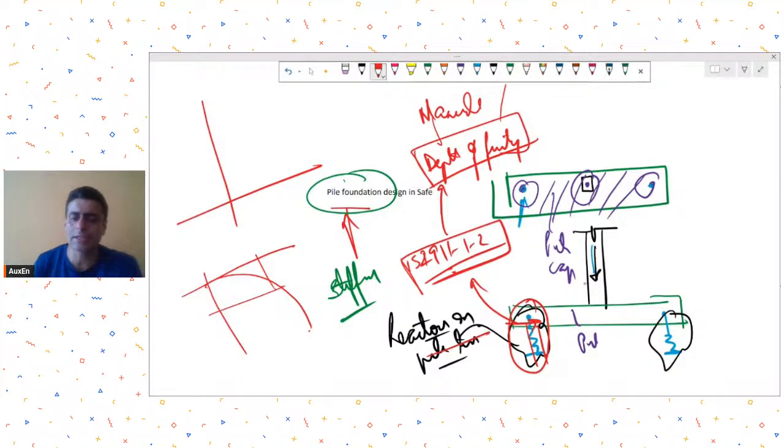In SAFE you can only do this thing, where you can just assign spring properties, spring stiffness, and sorry, point springs at pile locations, and you will just get the reactions in the pile, and those reactions you will have to ensure are less than the pile capacities. Rest all you will have to do on your own. SAFE will not give those outputs for you. Okay, yeah,